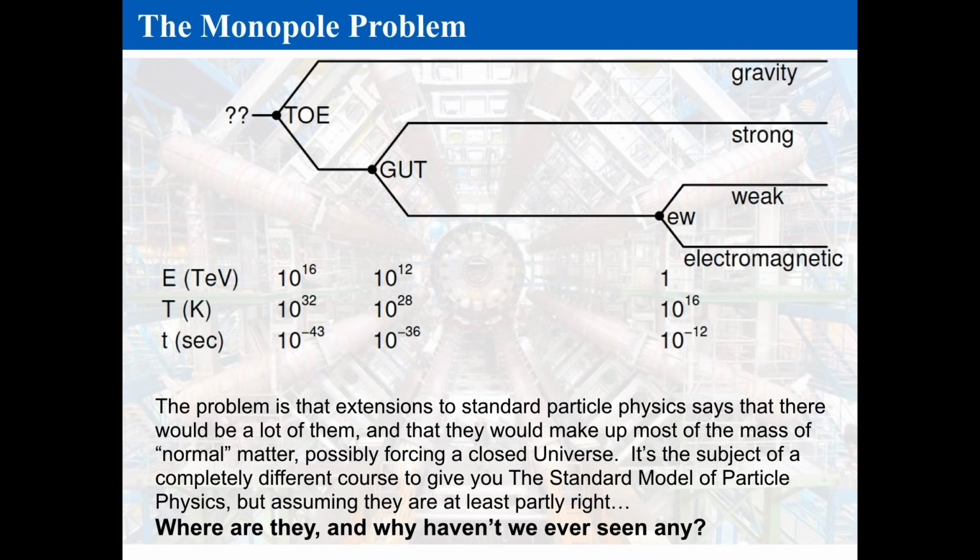And it goes from a temperature of extraordinarily high, 10 to the 32nd Kelvin, down to 10 to the 28th Kelvin. My goodness, it's cooler, right? It's a cold day as it drops by a factor of 10,000. The total energy per particle goes from 10 to the 16th tera electron volts to 10 to the a trillion tera electron volts. Once it cools off down to about 10 to the 16th Kelvin, and at about a trillionth of a second later, that's when the electroweak and electromagnetic forces break apart from each other and separate from the